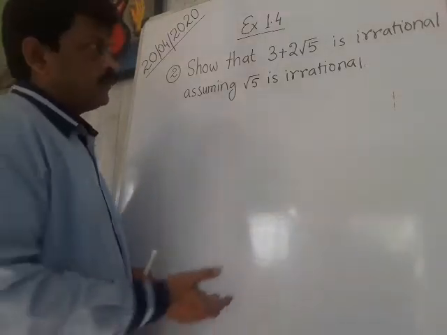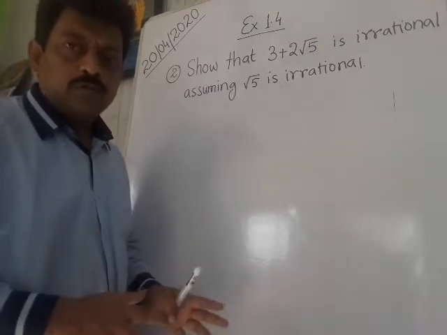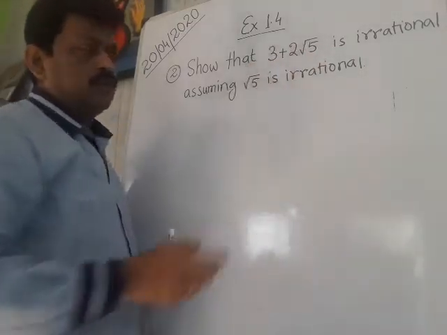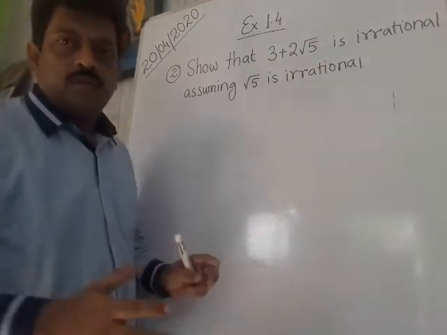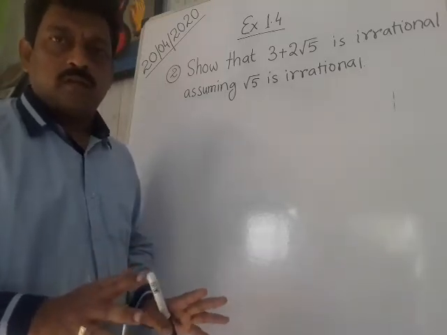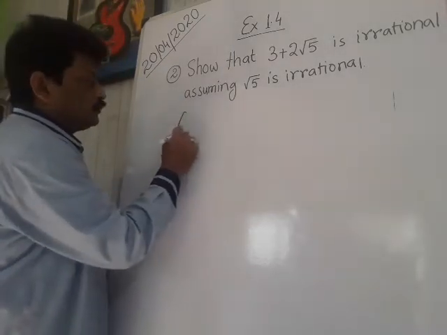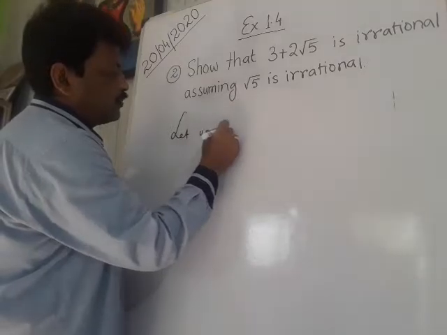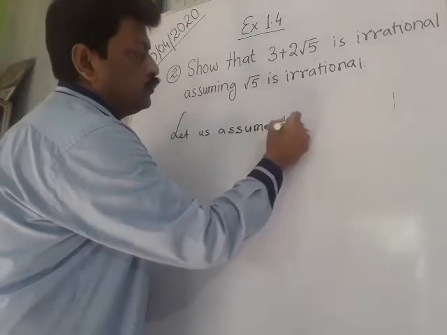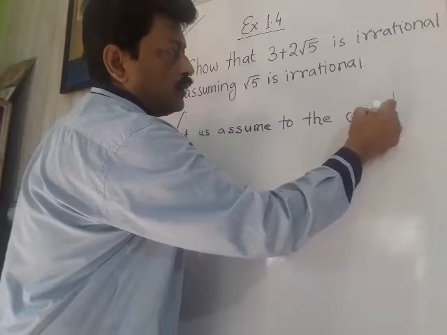Let us assume that 3 plus 2 root 5 is rational. I am going to use the contradiction method, where I assume that it is rational, and at the end of the sum it will be shown that it is actually not rational. That means it is irrational. So let us assume to the contrary, means against it,